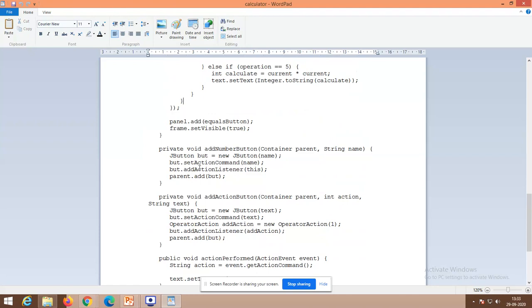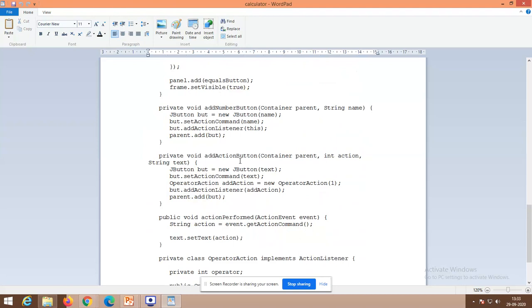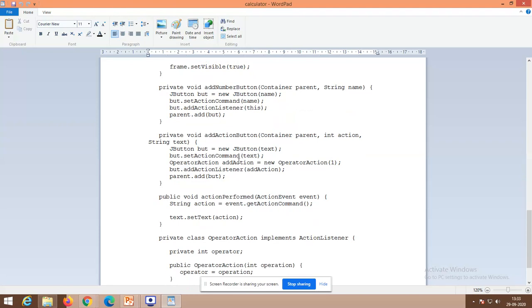For the add number button, what do I have to do? For the add action button, what do I have to do? For every button, an action listener must be there. So action event and action listener are the major ones that you will work with. Action listener will help you receive the argument.